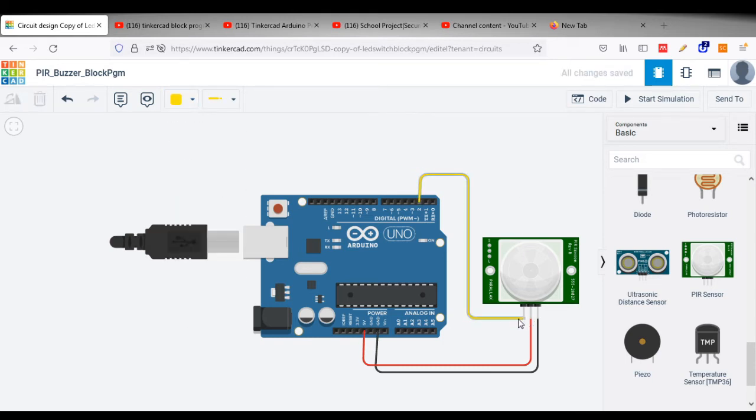So I have given the input from the PIR sensor to pin number 2 of the Arduino board. Now I need to connect a buzzer as output. So this is a buzzer, a piezo buzzer. You can drag and drop it here,